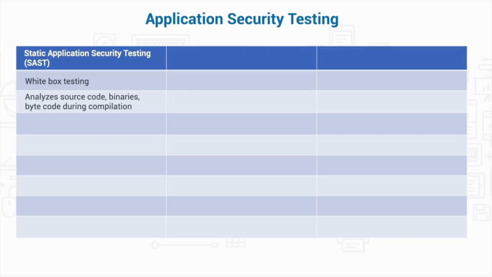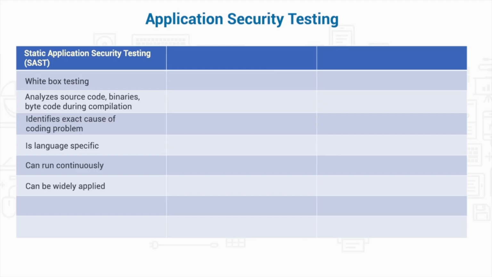SAST tools are good at identifying things like SQL injection vulnerabilities and buffer overflows. They can identify the exact cause of a coding problem, but only in code not yet deployed. They're language specific, but you can run them continually and apply them widely. Please note that they do have a high percentage of false positives and are limited in the types of vulnerabilities